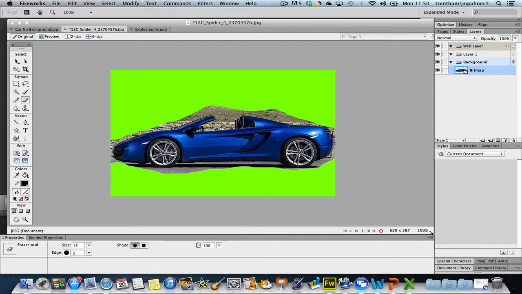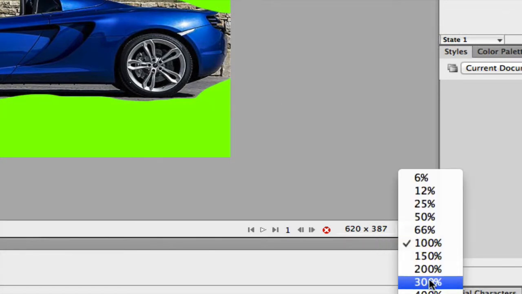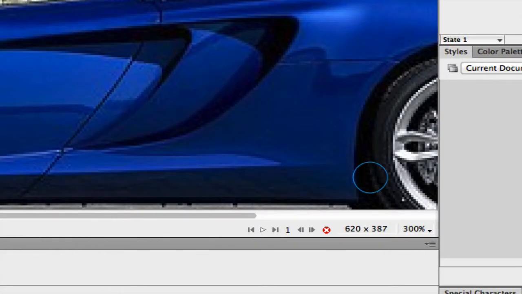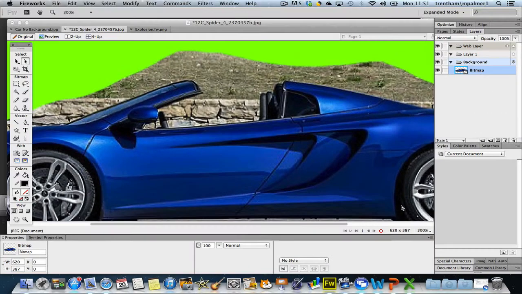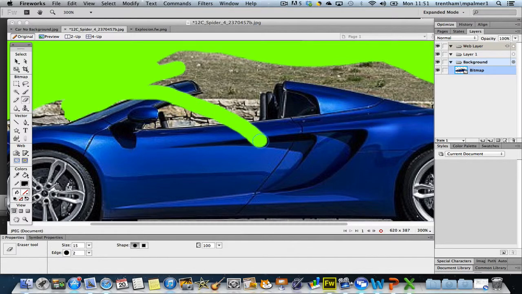And you need to think about zooming in, and zooming in is this area of the screen there, and you can zoom in as much as you want. I'm going to zoom in 300% just to get into the car, and then all I need to do is keep rubbing away that background, getting as close to the car as I possibly can without damaging the picture itself. Don't worry if you do go over the car like that. You can go edit and undo,